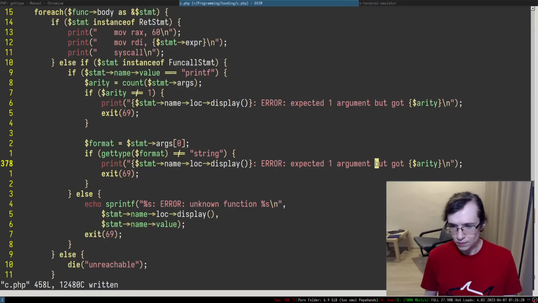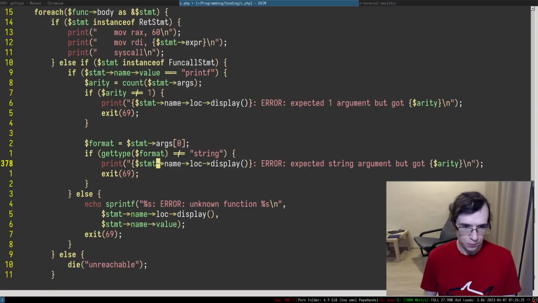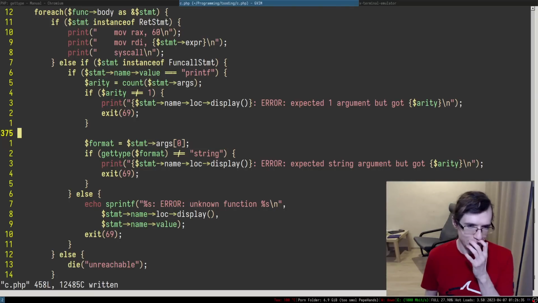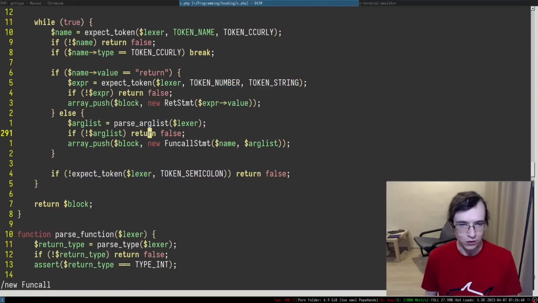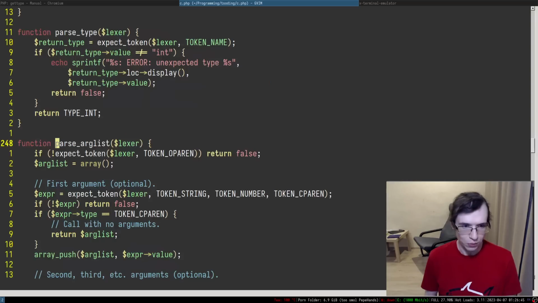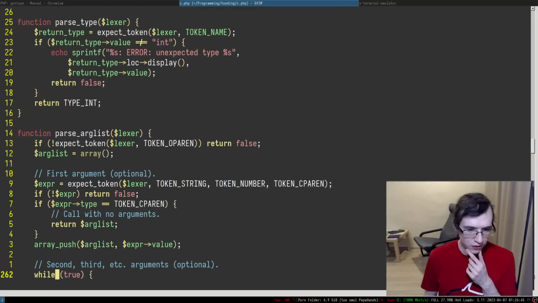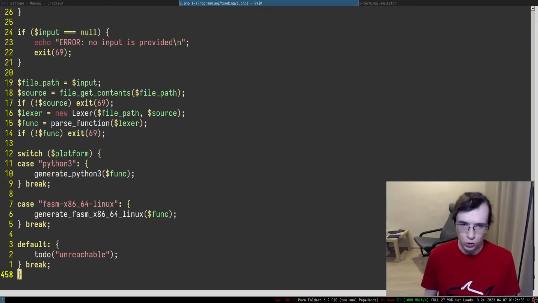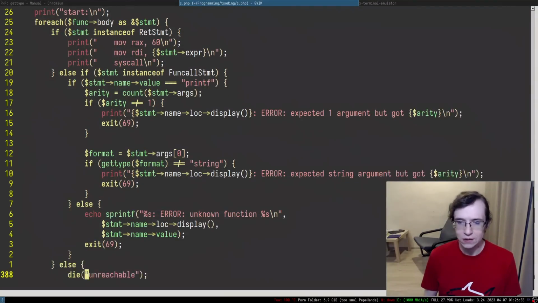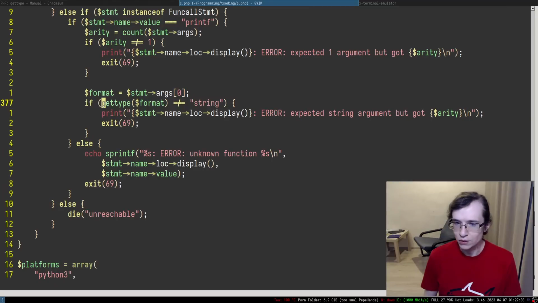Expected, yeah, we can say expected string, but we have to specify this stuff. When I provide the arguments, what do I do with them? Do I provide the values or do I provide something else? I don't quite remember. It just depends on how I construct the fun call statement. So this is arg. Okay, so we parse arg list. And when we parse arg list, what do I push there? I push literally values in there, right? So that means I don't have access to their tokens. Unfortunately. Well, it is what it is. Can't really do much about that.